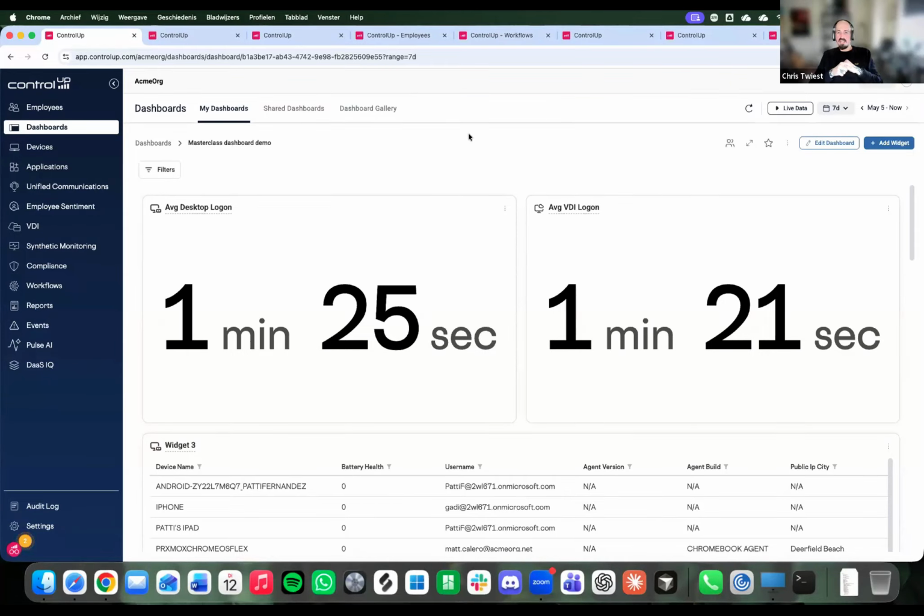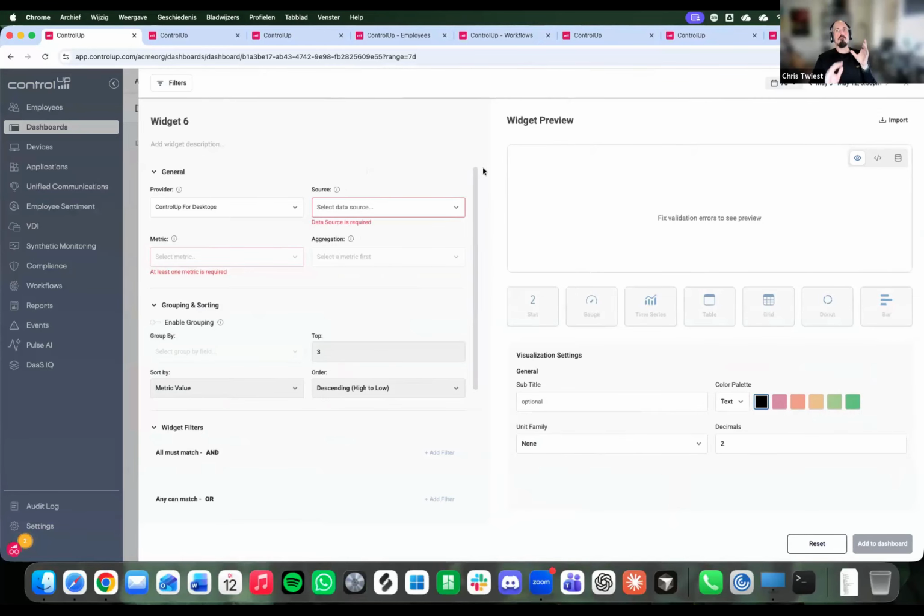Oh, yeah. I think the last time we did one of these sessions I had the same answer as what I'm going to say now, and it is when building widgets. First of all, building widgets is complicated. Most people on the call are usually desktop admins, VDI admins, and aren't BI experts, aren't data scientists. You're a Citrix admin, you're not a data scientist. So let's start off with: building a widget is very hard.